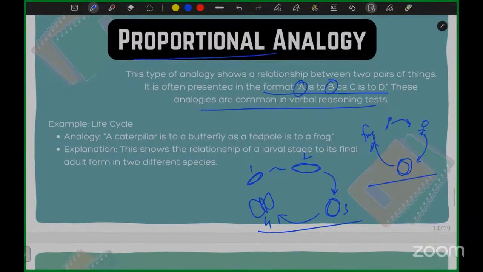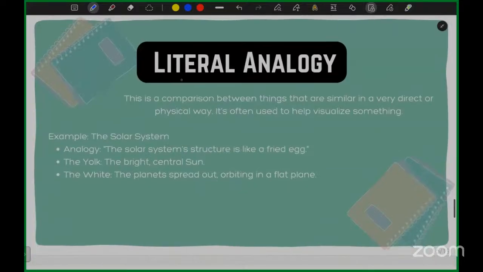Moving to the next analogy, it is called literal analogy. So what is literal analogy? This is what we usually teach students, and usually learn from the UKG or LKG stage. It is the solar system. How do we teach the solar system? Generally, we teach that the sun will be in the center, and surrounding the sun a lot of planets will be revolving around it. How can we explain this?